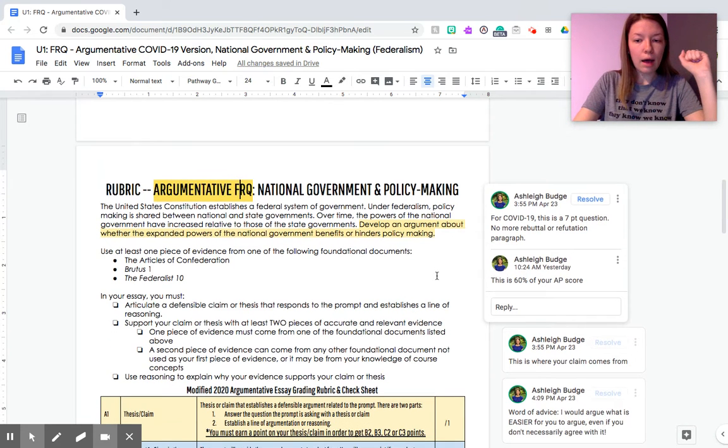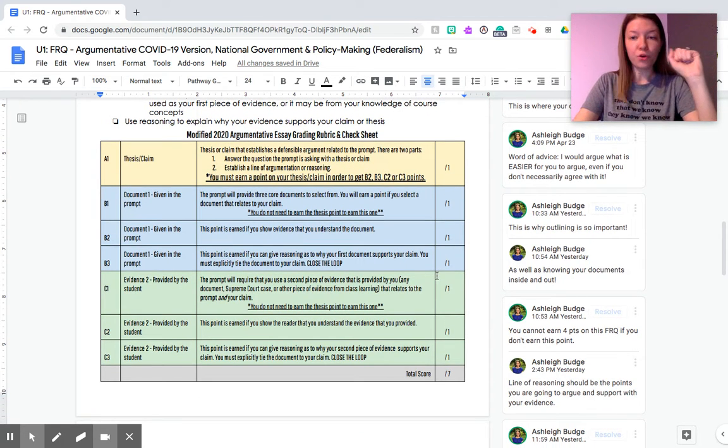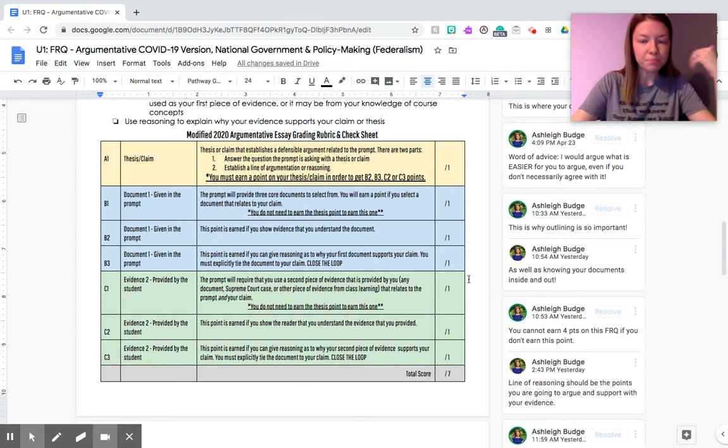Okay, so I want to walk through the rubric. I put a rubric on here for you, so that you could take a screenshot. This is how you are going to be graded. And I think this is a good thing when you're doing your revision to pause this video and use as a checklist as you go through and rewrite this FRQ, okay? Because odds are you might have some revisions. As I said, this FRQ is now out of 7 points. It's actually easier now to earn points. I'll explain why as we go through.